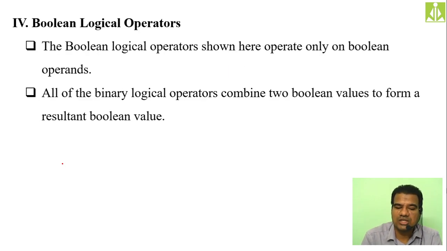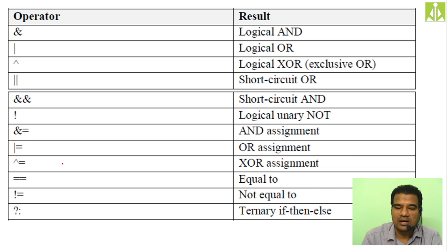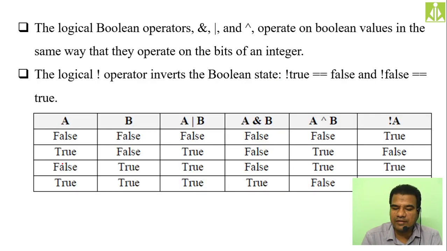Then we have the logical operators. This we apply between the conditions. Logical and, logical or, all these we apply between the conditions. How they will operate, the complete explanation I have given over here. The logical operators are not new to us. We are using these logical operators since the C language.